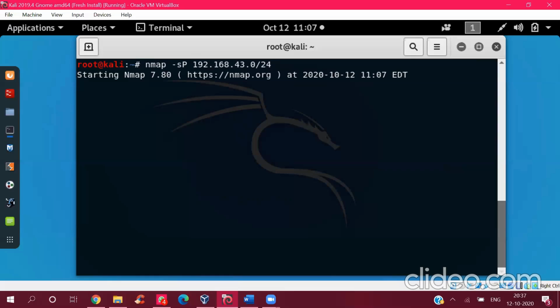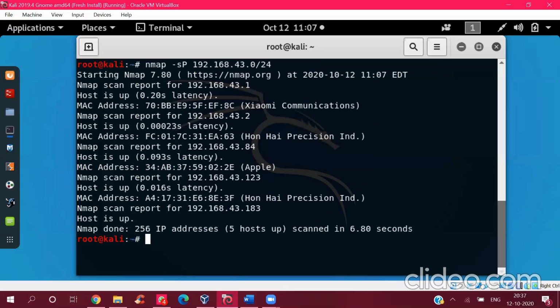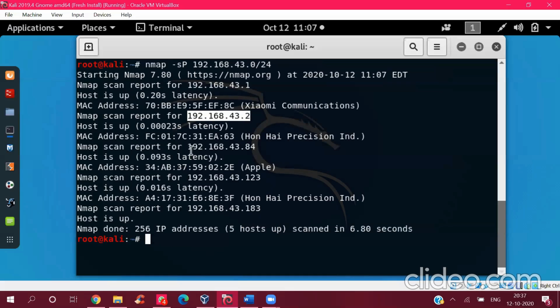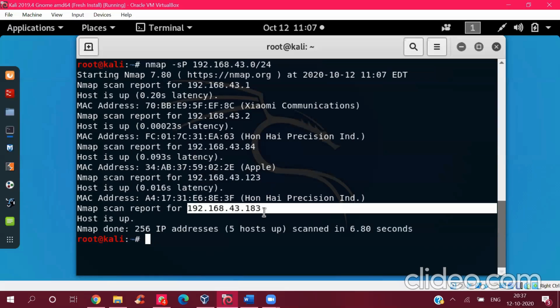What this will do is automate the pinging of hosts in my network. So let's just see. This was step one, which checks for all the live systems. Okay, so here we can see the results. We can see that 5 hosts are up. Okay, nice, 5 hosts. This is the IP address of that host, this is the IP address of the second one, third one, fourth one, and fifth one.